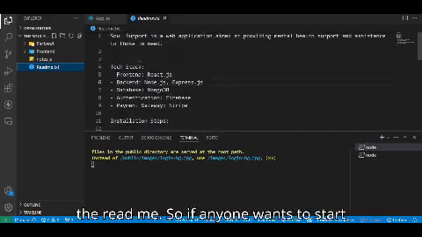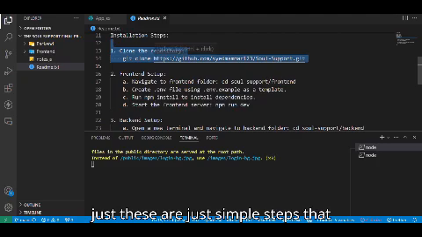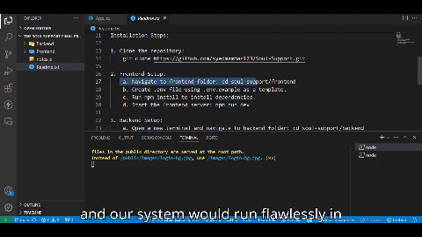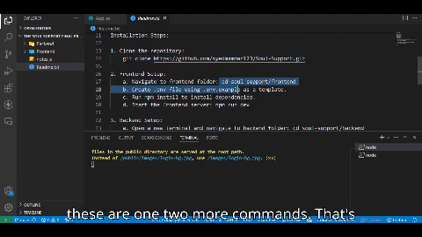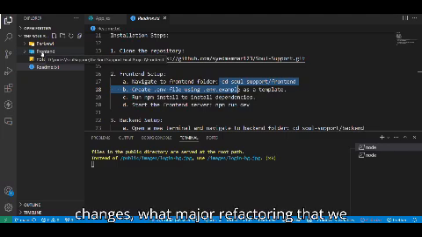in the refactoring part. So basically this is the README. If anyone wants to start the project on their own system, these are just simple steps that they have to follow. It's just 2-3 steps, and our system would run flawlessly on their systems. This is one command, and these are 2 more commands. That's it. Okay, so coming towards what major refactoring we have done, I would like to